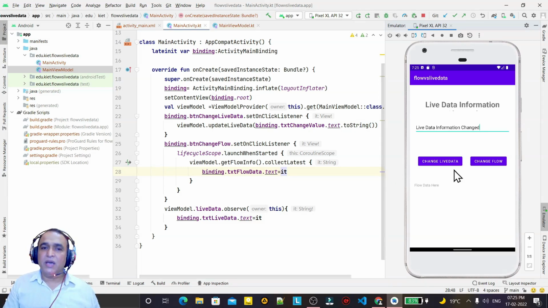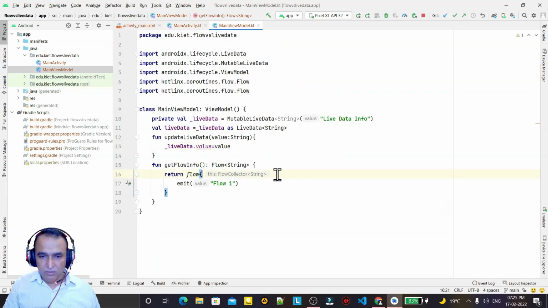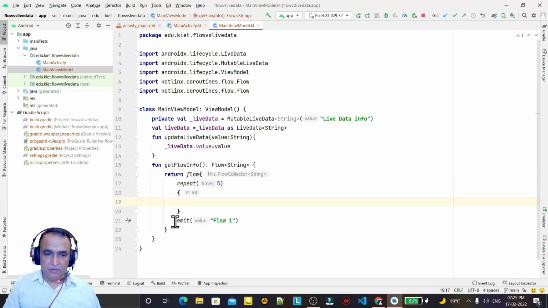One more thing I want to show you here in flow, that in flow we can also repeat the information. Just like this I say repeat, and here I say 5, and under this if I emit this value like this, I say flow plus, so this value will come here 1 2 3 4 5, and I also add a delay.